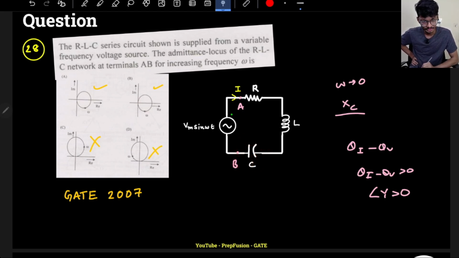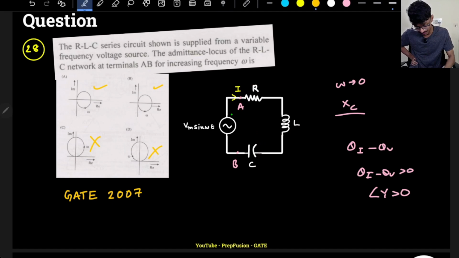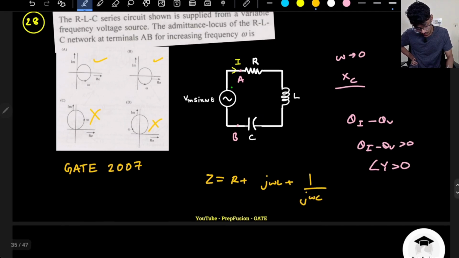This will obviously be dominating. All the rest will go away because 1 by omega C has the highest impedance. In a series circuit, we see the impedance. So let's say I have a number like this, Zn, which is R plus j omega L plus 1 by j omega C. Now if you put omega equal to 0,